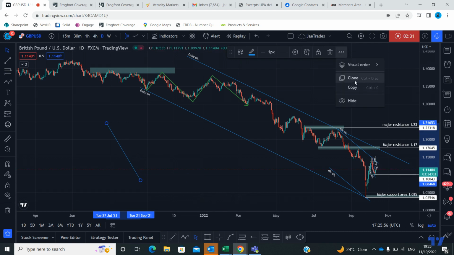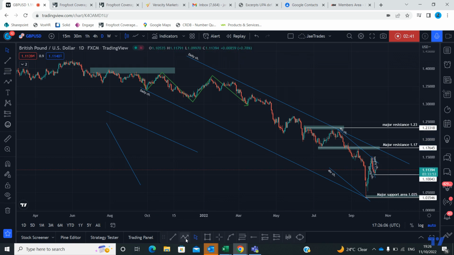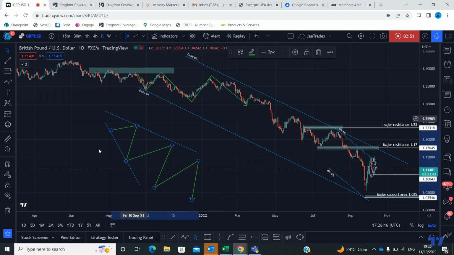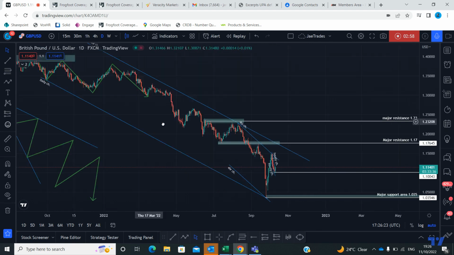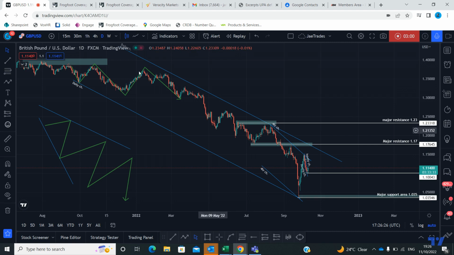Let's clone this. So we're looking for an expanding channel. This will be an expanding channel, and the market will be playing within this channel, creating zigzags like this, depending on when it breaks the channel, to which movement the market is going to go with, right? So now if we delve in deeper, we could see here that the market has created a diagonal support level and a diagonal resistance level, because of what I've learned over time